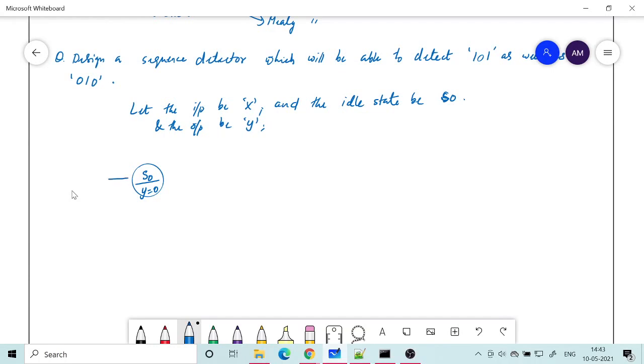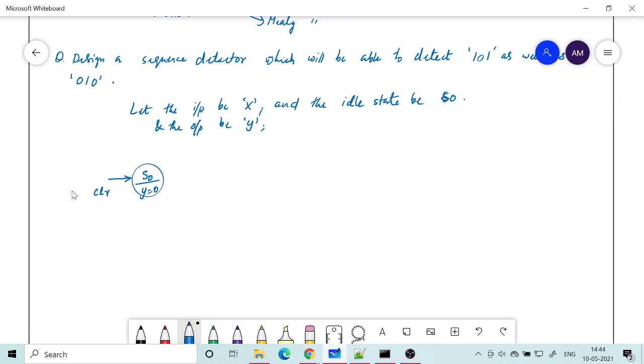We will also introduce another input which is called the clear input. Suppose right now the machine may be in some other state. The moment you give a clear input, it should go to the idle state. It should start from the very beginning. That is just like in a register, where we can clear all data that was inside. So we can clear the finite state machine also, clear all the state, and it will go to the default S0 state, so that we can begin from scratch.